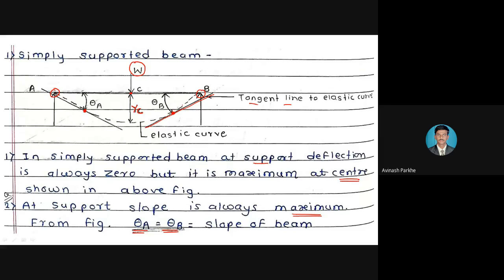And exactly opposite, deflection is maximum at the center point and deflection is 0 at the support point. Through this figure also, we can easily identify where slope is maximum, where slope is 0, where deflection is maximum, where deflection is 0. So please keep this statement in your mind. You need not read it; through this figure also, you have to keep all these concepts in your mind, because based on this an MCQ question will be there.